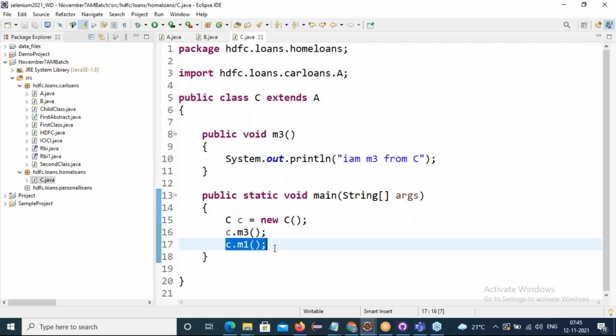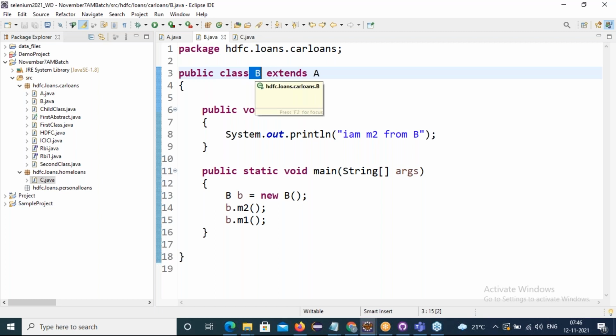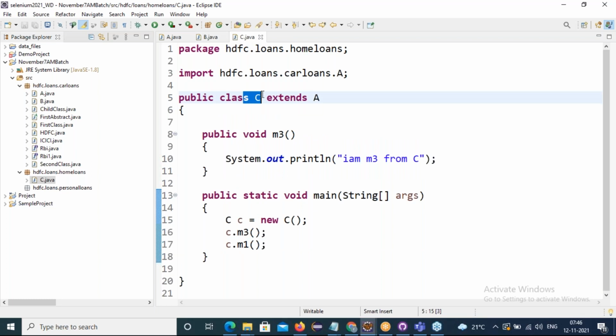Okay now? Yes, sir. Now tell me friends, who is the parent class for class B? B is a child. Who is the parent class for B? Class A. And in class C, who is the parent class for C?